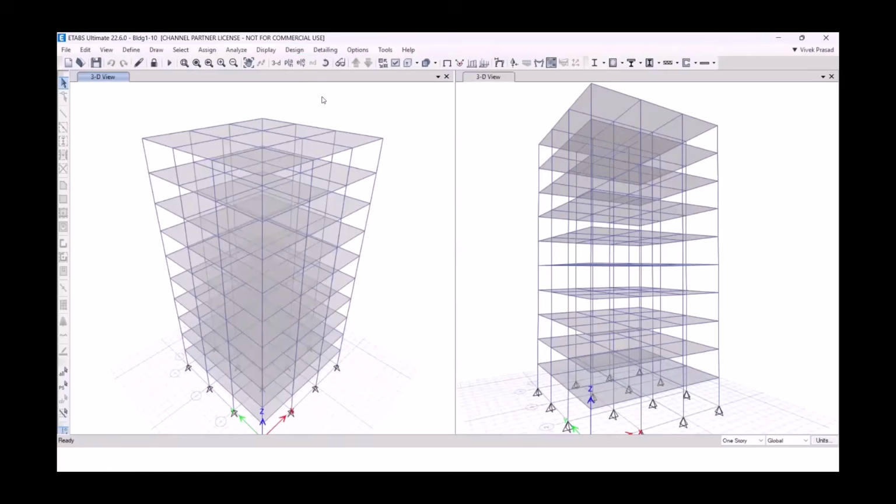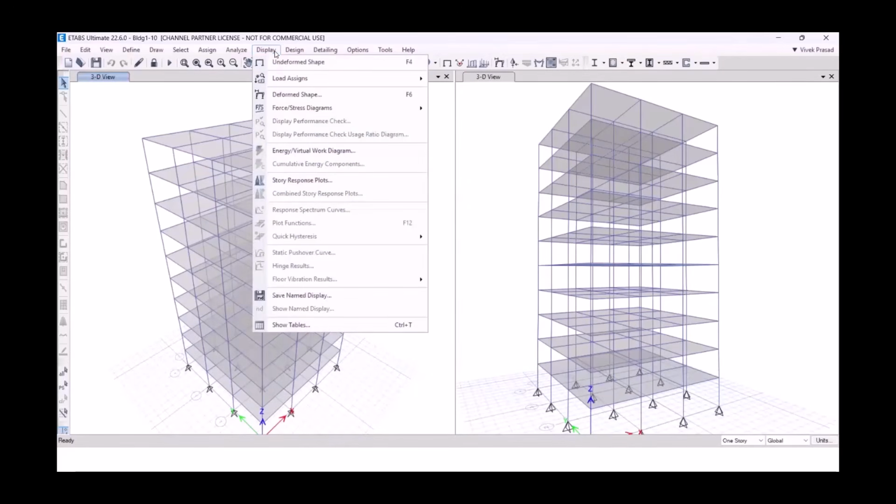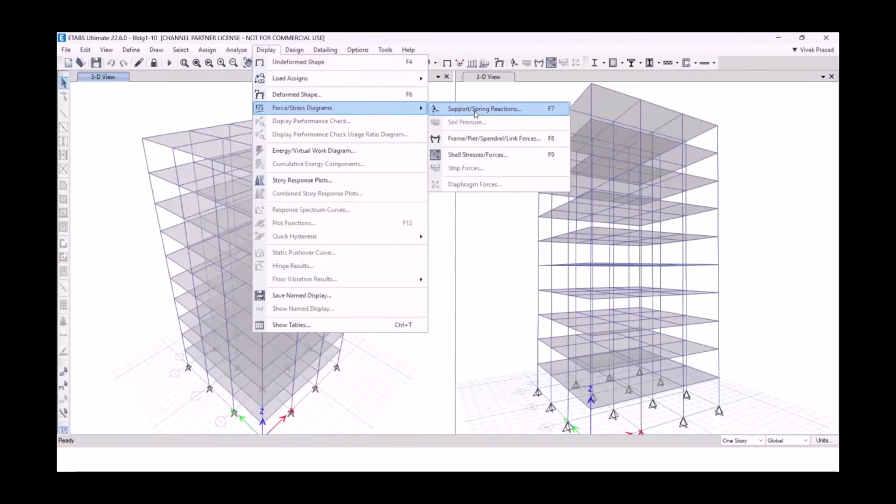to get the participating mass ratios, depending on the project. We'll have to review this. And then the output will be